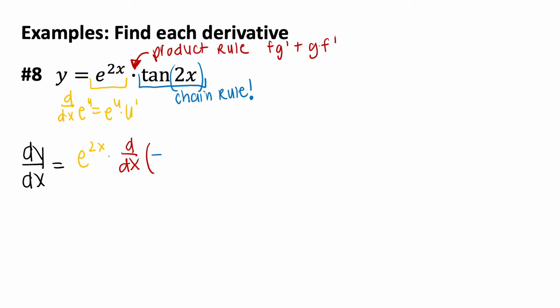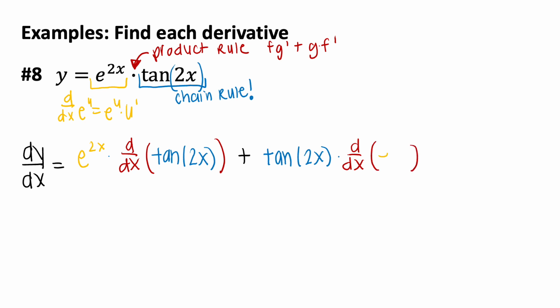And our second function is that tangent of 2x plus our second function, which is tangent of 2x, times the derivative d dx of our first function e to the 2x. So I've written out the product rule, but I've identified the two pieces I still have to actually handle are